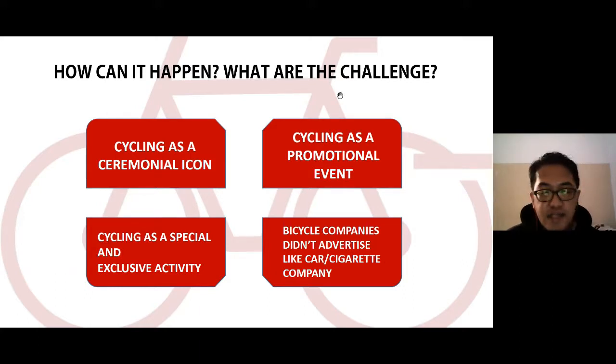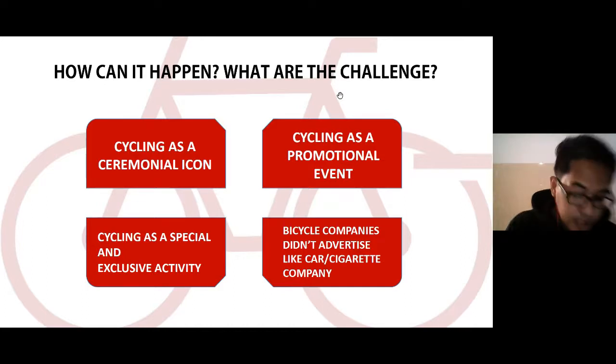And also cycling as a special and exclusive activity. Yeah, it is a little bit inconvenient for us who use the street, even for car users or motorbike users, because somehow when the cyclists are special and exclusive, they use rider escorts or police to help clear the road for them, and it's not the way mobility used to happen in our city. And then